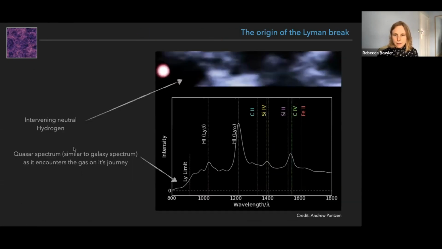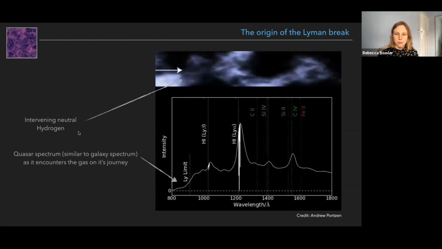So to understand why we see this very strong break appearing in the spectrum, this is another video which I think is a little bit clearer as to what's going on. This strong spectral break is caused by intervening neutral hydrogen along the line of sight between us and the quasar or the galaxy. As the light comes through the universe, it encounters neutral hydrogen, and it also gets redshifted. And what this does is it causes absorption, which I'll show you now.